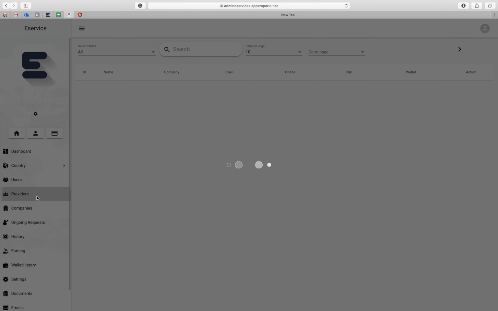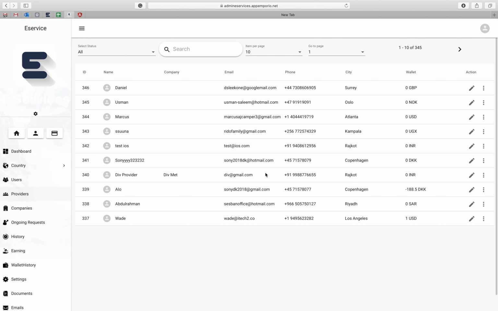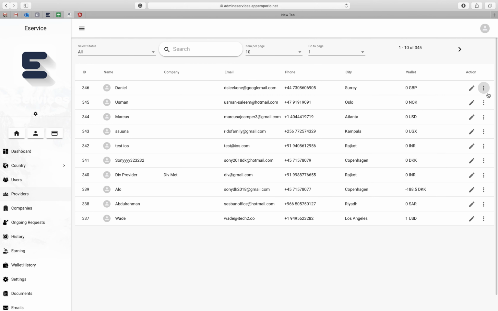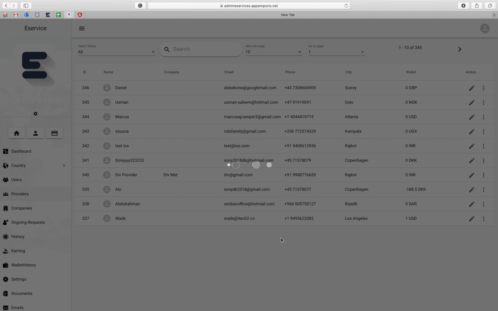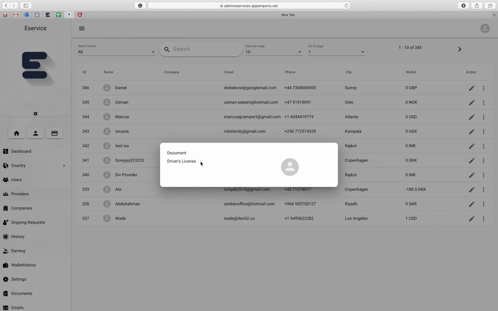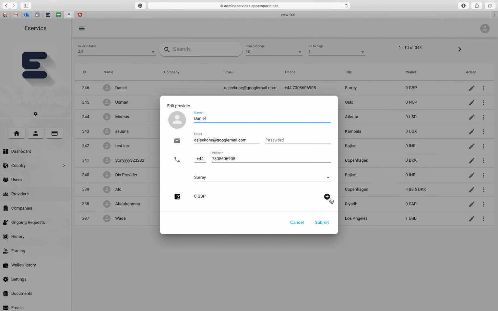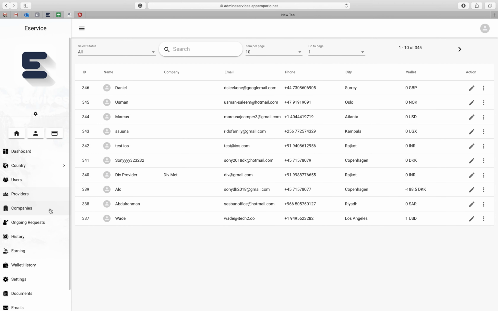alter users. Similarly, you can check all the service provider related data from here. These are the filters: approve, decline, search. You can decline or approve from here. You can see the documents provided by that provider over here. If he has provided any documents, then you will be able to see them here. If he has not provided, then you will not be able to see them here. You can edit a provider from here, add money to the service provider's wallet,